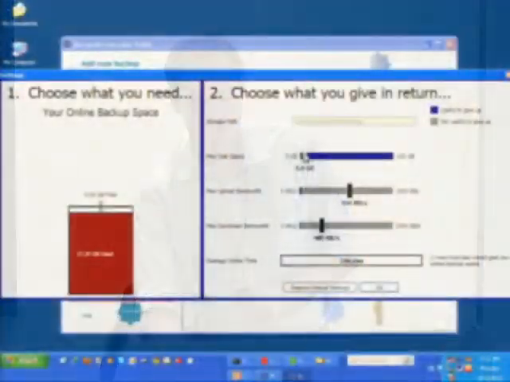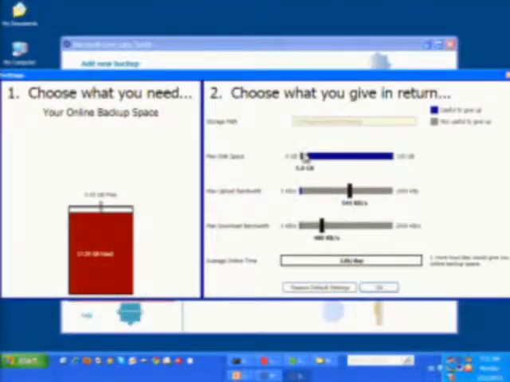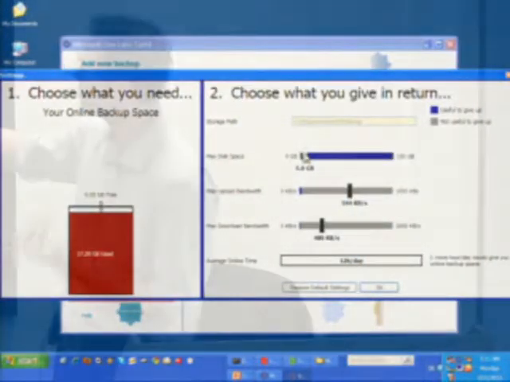So if the user says, well, I don't really want to give you any of my disk space, then he could reduce the slider all the way to 0, and then we'll show him, sorry, for that you'll get 0 gigabytes of free space in return. And what will also happen, now he's still using these 17.29 gigabytes. What will happen is, if the user clicks on OK, the user's account balance will start to go negative because he has to keep paying for this, but we can't pay him for any of his resources.